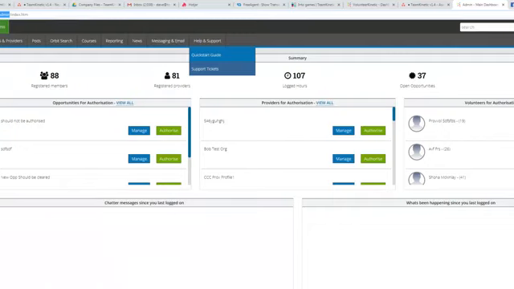And the key big one is that trusted providers have the ability to add any volunteer on your system to their opportunity, where normal providers can only add volunteers who have been linked to them, or volunteers who've previously been on their opportunities. So trusted providers can choose any volunteer. Essentially, they have access to the details of any volunteer in your system, which is why it's important that those trusted providers are restricted just to people who work for your organization.